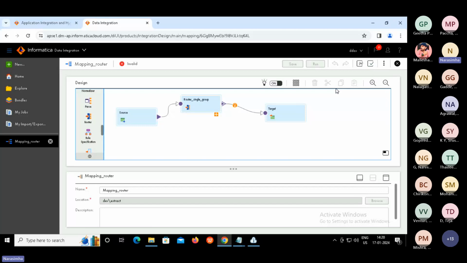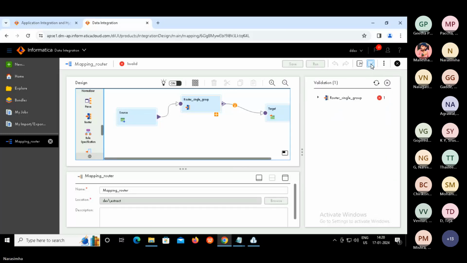For that, in the top right, you can see the validation button, right? Click on that. See, there is a problem in the router transformation. Expand. Can you see the button here to expand? Click on that.